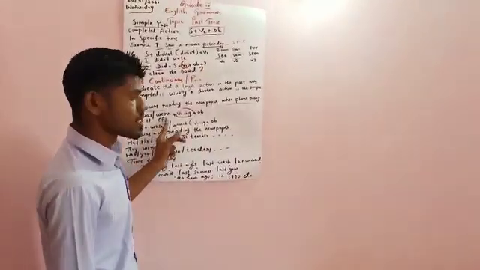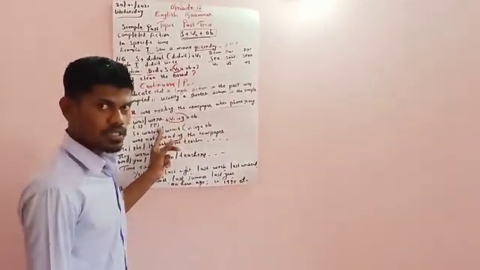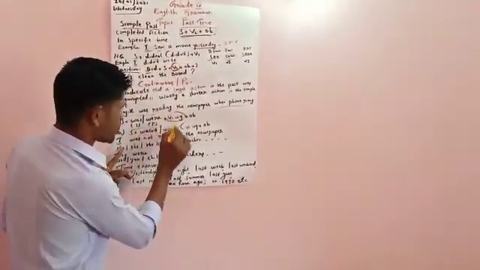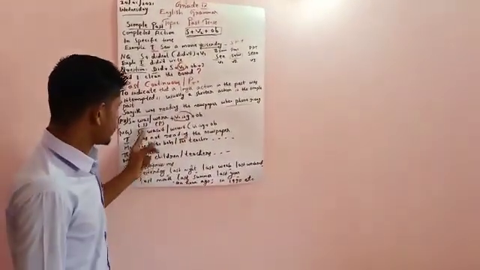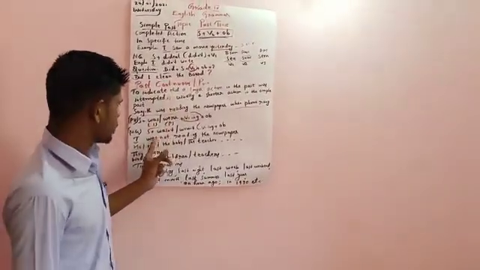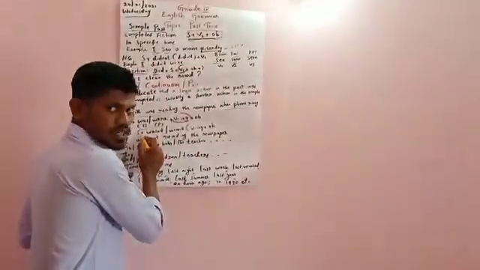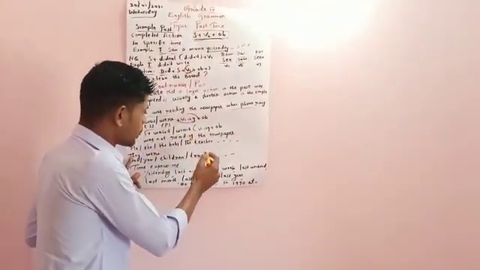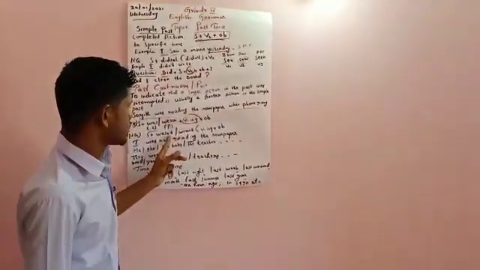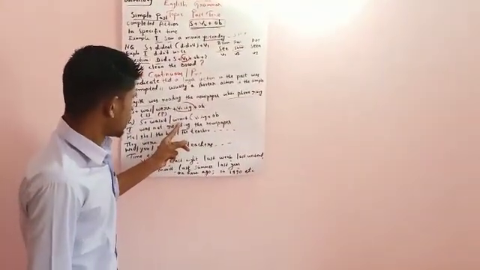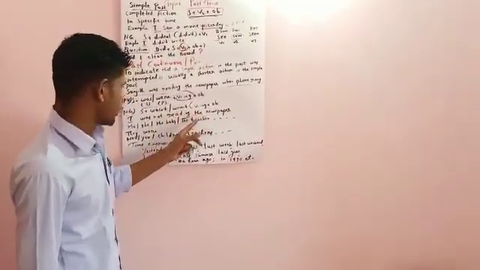Example, I was reading a novel, I was reading a story, etc. This is the structure for the positive tense. When you want to make the past continuous negative, follow this structure: subject, then the auxiliary. Immediately after the auxiliary you write not. I was not, or you were not writing the homework.